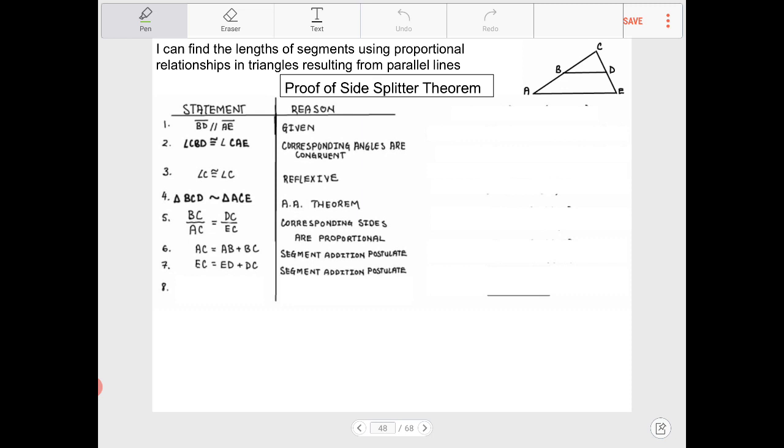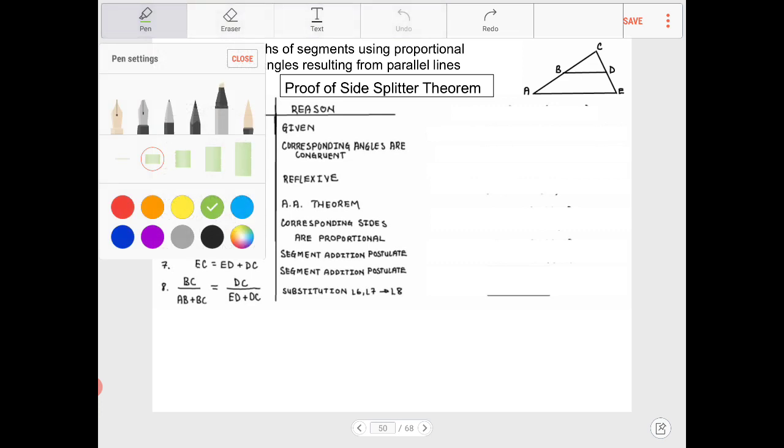And without going through the statement and reason chart, because as we recall from one of the first lessons of this course, writing out the algebraic proof in a statement and reason chart can be rather tedious, I'm just going to show you the mathematics and prove why this works. So I'm going to perform a substitution. Instead of writing BC over AC, I'm going to write BC over AB plus BC is equal to DC over ED plus DC, and this is because of substitution between line 6 and 7 into line 8. It should be into line 5. This should say 5. Okay. Anyway,